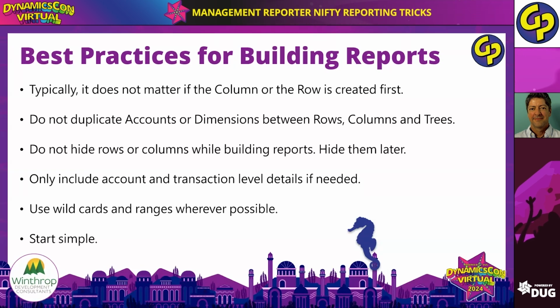When you're building reports, you are able to reference all your account numbers and any of your other dimensions or segments anywhere in the report definition. The rows, the columns, the trees. It's just a good practice to not duplicate that between those. So if you are referencing, say, departments in a column definition, don't reference a department again in the row definition. So usually when you're building a report definition, just reference those segments in one of those three locations and